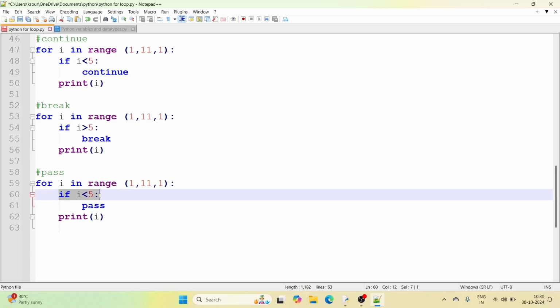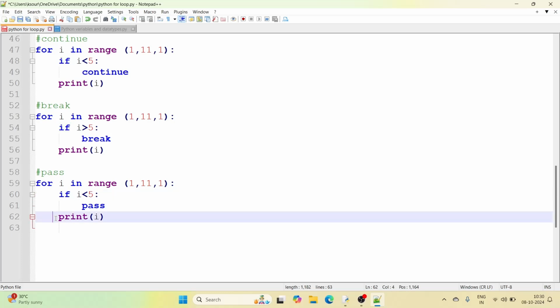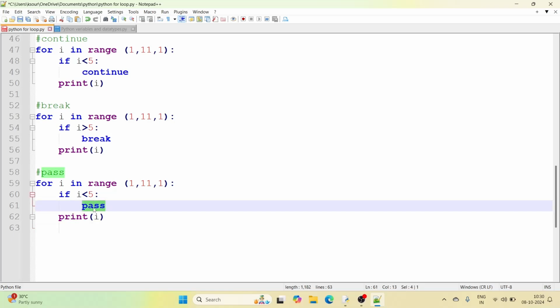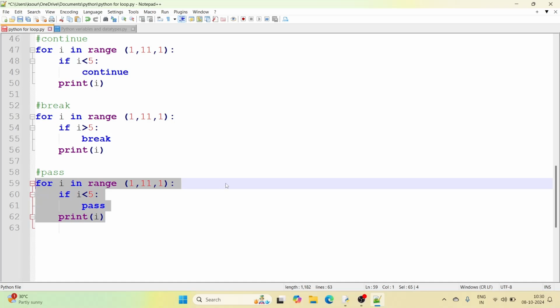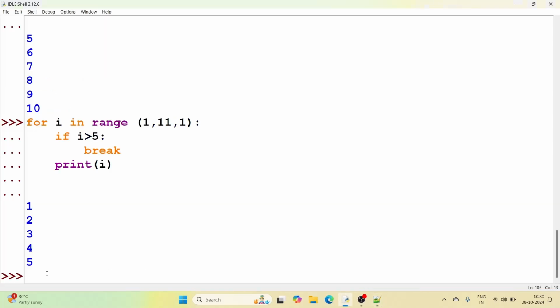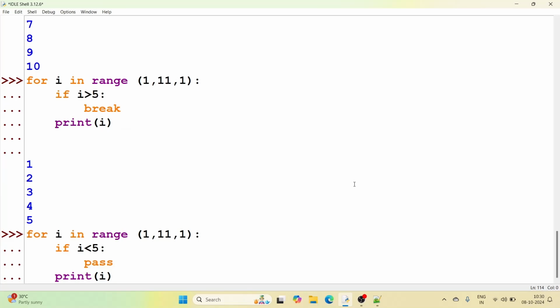If this condition fails, then it will start printing, because it's not passing, and the next statement is print. So it does not do anything, it's just a placeholder. Let me run the pass. Enter.